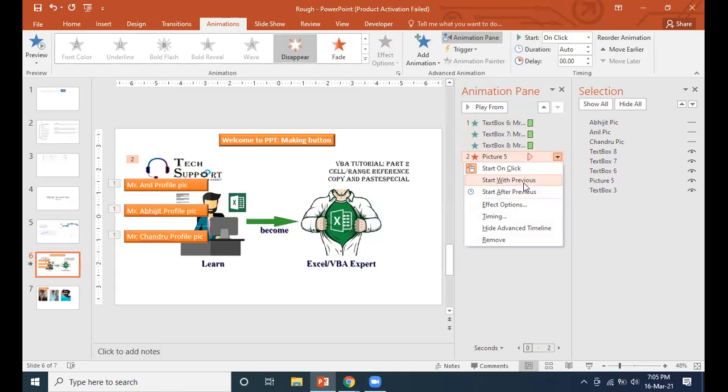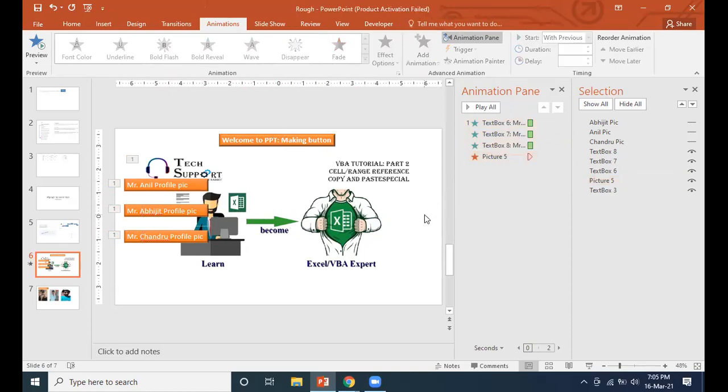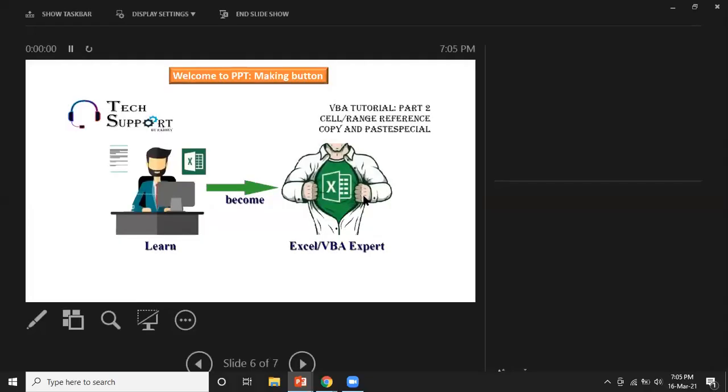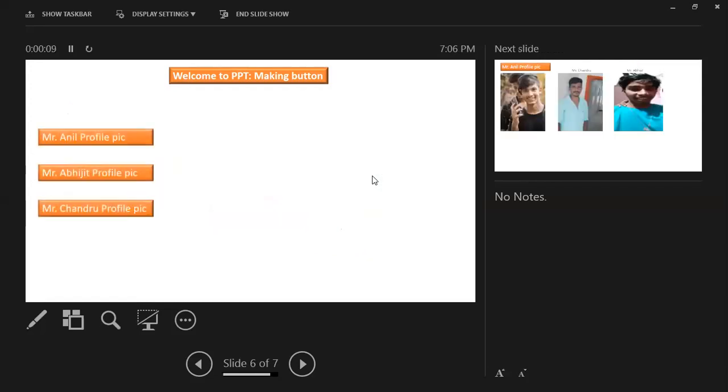Now these three will come, and as the image comes it will immediately be removed because the animation starts with previous. Let me demonstrate now, just see on the screen. When I click on next, the image will not appear. Earlier the image was appearing along with this.